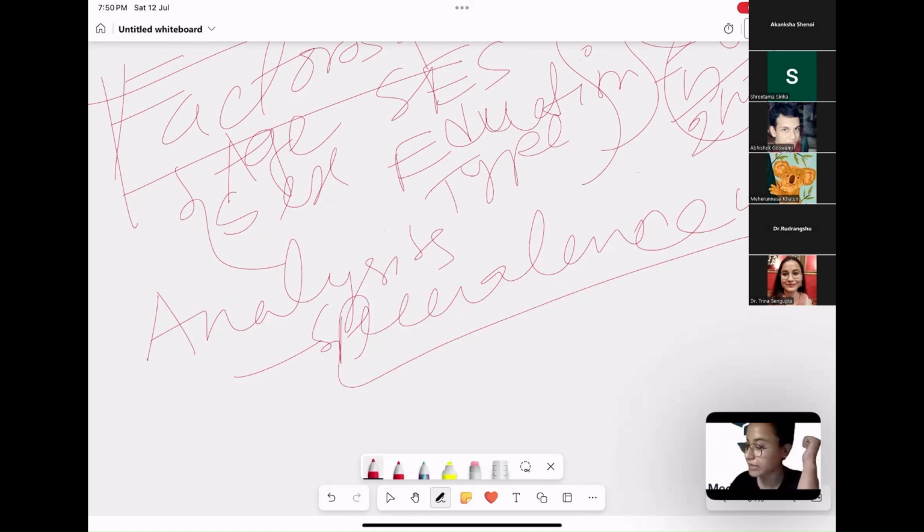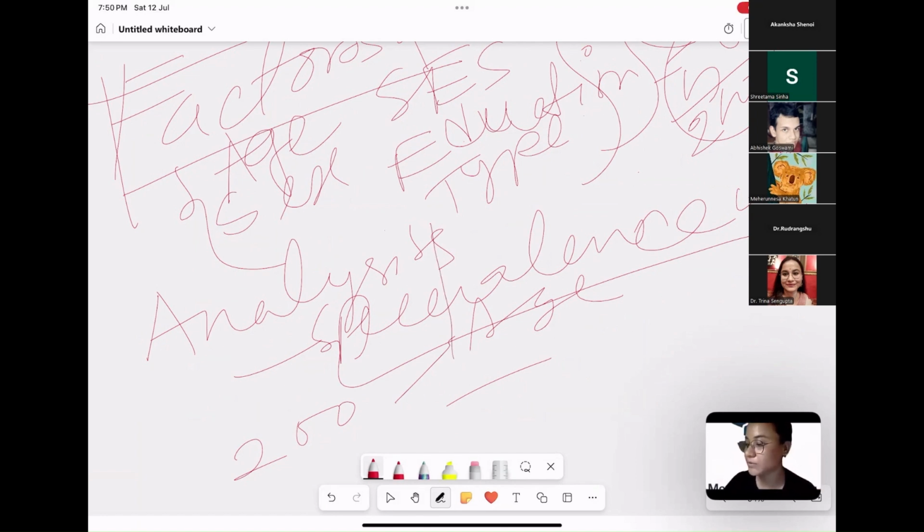We have described these 200 people, what are their age, how many are male, how many are female, how many come from upper class, how many are coming from middle class, how many are day scholars, how many are hostelites. So all these are the descriptives. Okay, these are the descriptive part. We can end our study until this, that from this study we have calculated the prevalence and we can describe the people according to different characteristics or variables. That is the independent variables, as I have told you.